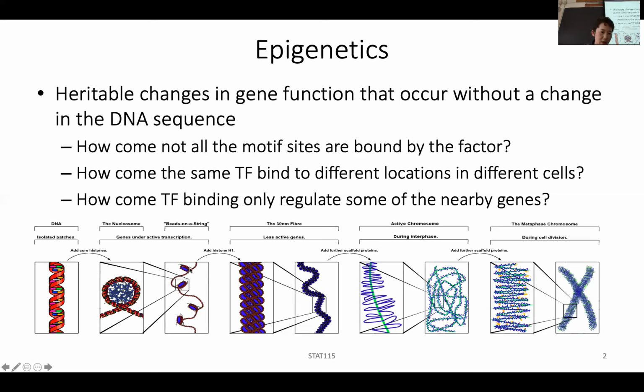And these things are also commonly stacked together. And so when they are more compact, you can see this. And then you keep on zooming out, you will see something like this. This is what people call 30 nanometer fiber, a more compact chromatin. And then you keep zooming out, you will see these 30 nanometer fibers stack on top of each other, and then they will form something like this, which is the active chromosome. And then when this is even further stacked during the metaphase of cell division, you can see a really highly stacked structure, and that's really part of a chromosome.